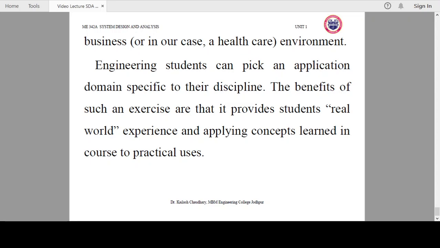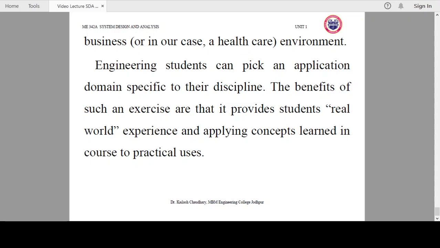Whichever branch you have in engineering, just try to use this system development life cycle method for your domain. If you are an electrical engineer, try to use this in your electrical system. If you are a mechanical engineer, please try to use it in mechanical. If you are a civil engineering student, you can try this concept in a civil engineering system.